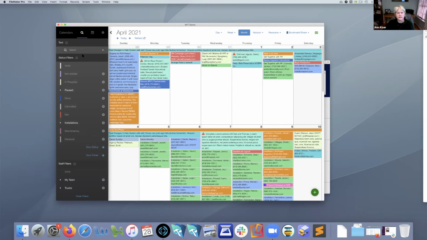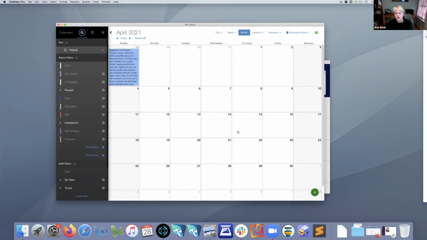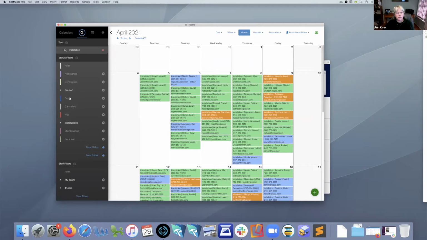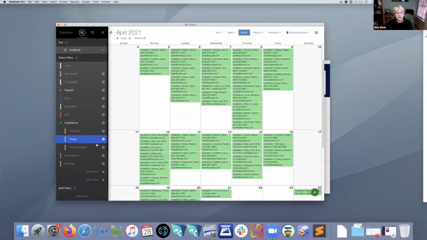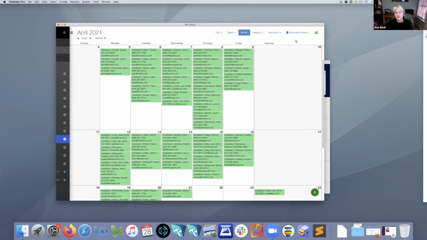Let's do that. Here, we'll do the installation one again. We've got this text filter over on the left, where you can just type in anything freeform that you want and filter down on that. So let's say we only want to show the ready installation events. We can go in and bookmark or share this,